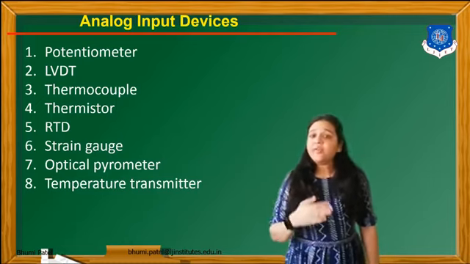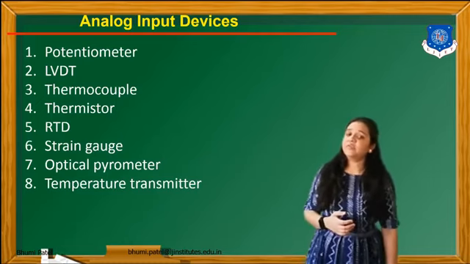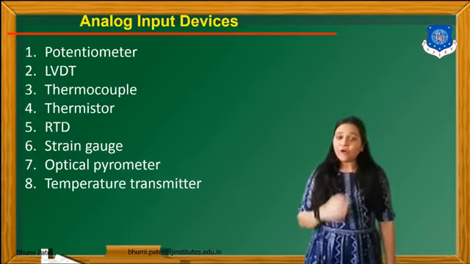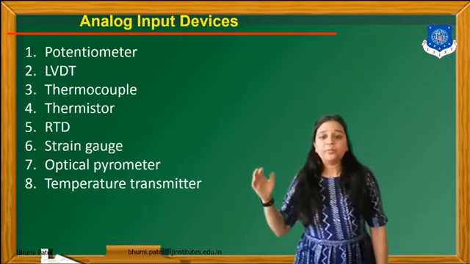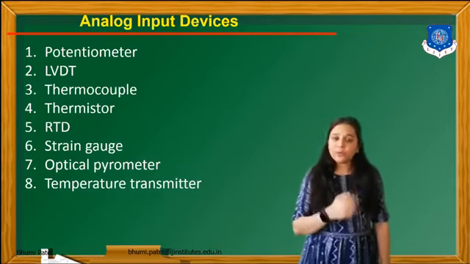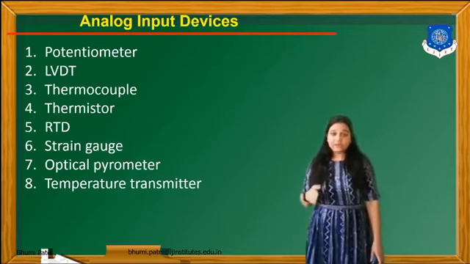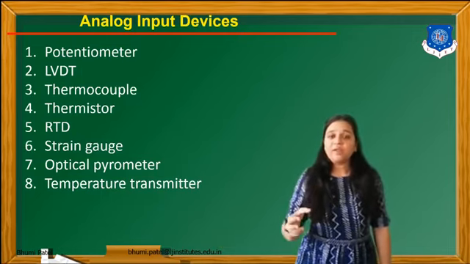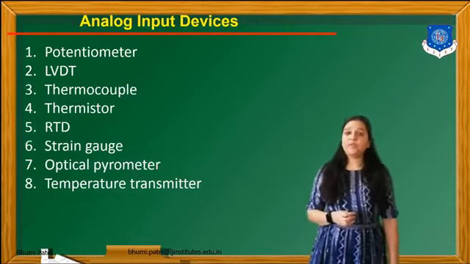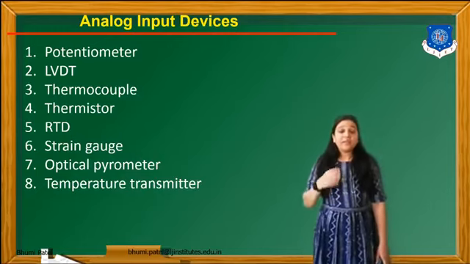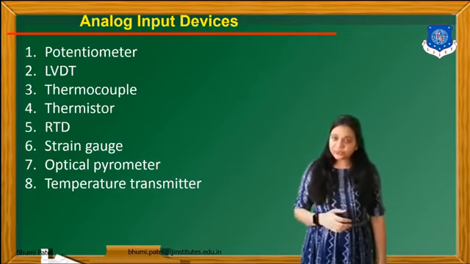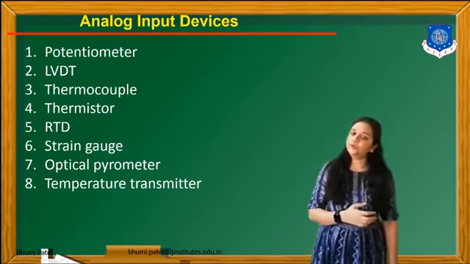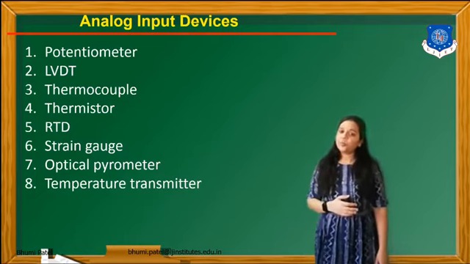Now, why can we connect the input devices with the PLC hardware? A simple example: if we want to check that when the input is applied, my output will be on. If we connect the hardware with the software, then when the input in the software program is on, the output must be on. So in the hardware, we can connect one type of switch.